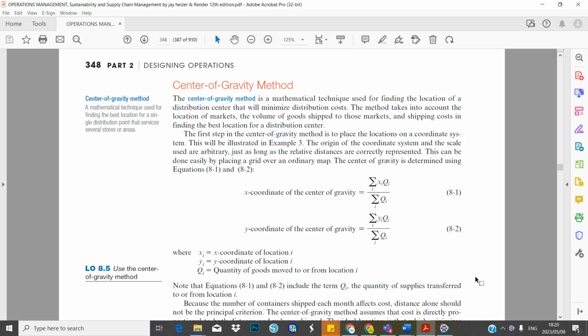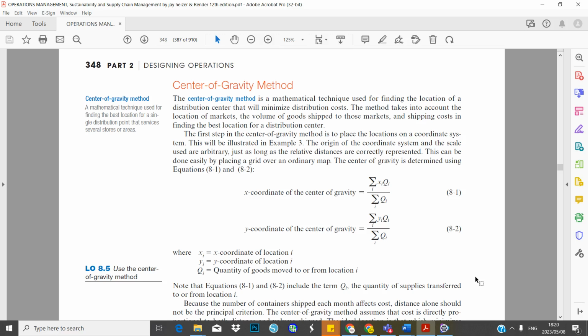You will see that based on the objectives of what you want to achieve as a business owner or as an entrepreneur, you will decide which method works for you. If, for example, you're just a small business that would like to start somewhere, I mostly recommend factor analysis because that one is just based on factors that you identify as very important. If you are a manufacturing company that is producing a lot of items and you're thinking about which one to relocate, the cost and volume is really important because you want to look at the cost and you also want to look at the production.